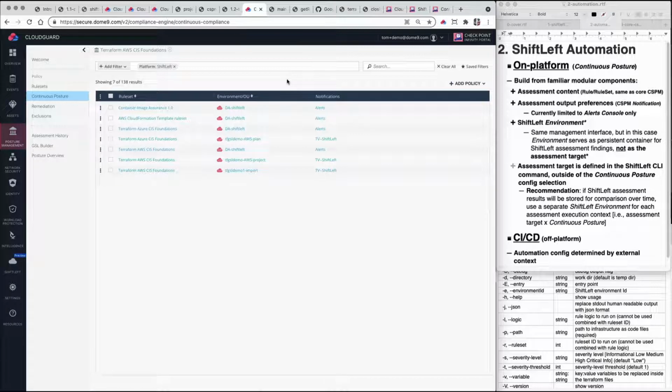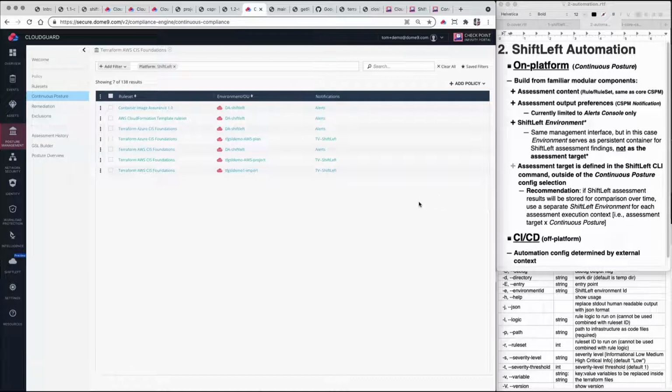Given the role that shift left environments play in automation, we would generally recommend that if you want to have easily interpretable shift left generated assessment results persist in your CloudGuard platform, you might wish to consider creating a separate shift left environment to store each distinct kind of shift left assessment, that is, for each distinctive assessment execution context, which would typically mean a set of targets, Terraform repos or plan outputs or whatever,